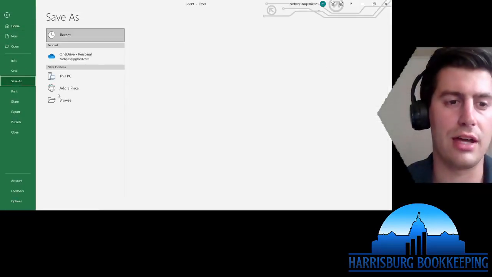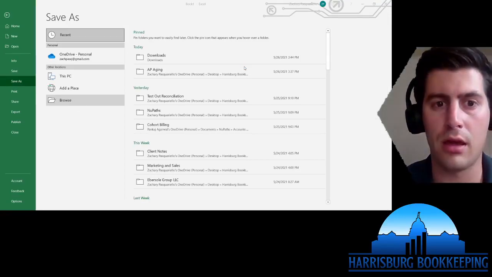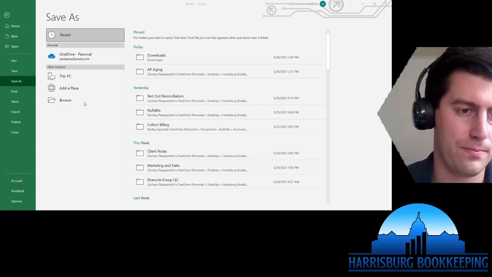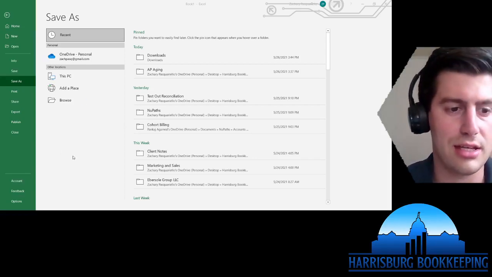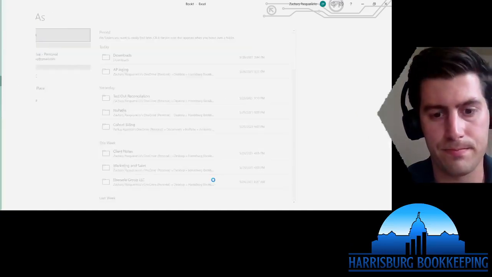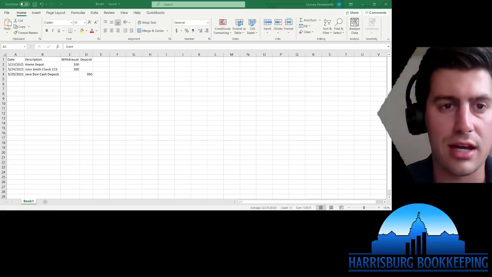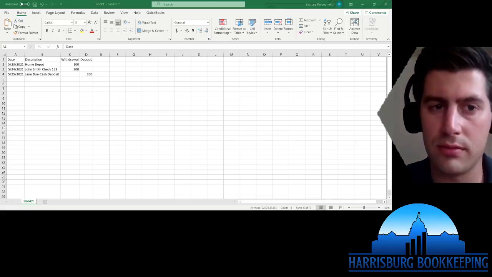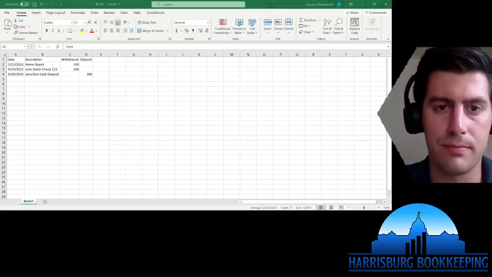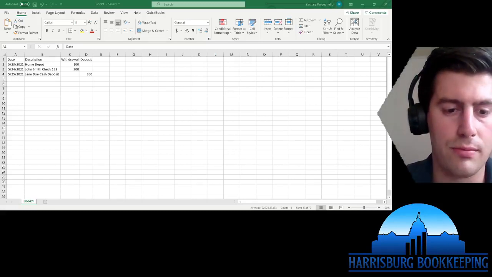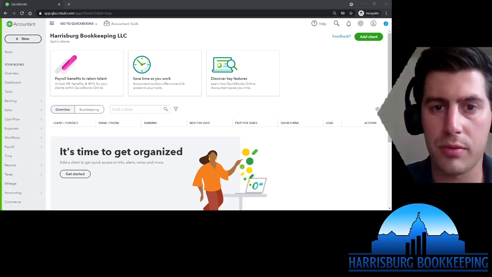When you go to save it, File, Save As, whenever you save it, you have to save it as a .csv file. Okay. So save the file as a .csv, name it whatever you want, something that makes sense to you. Now that you have this saved, now you go to your QuickBooks account,